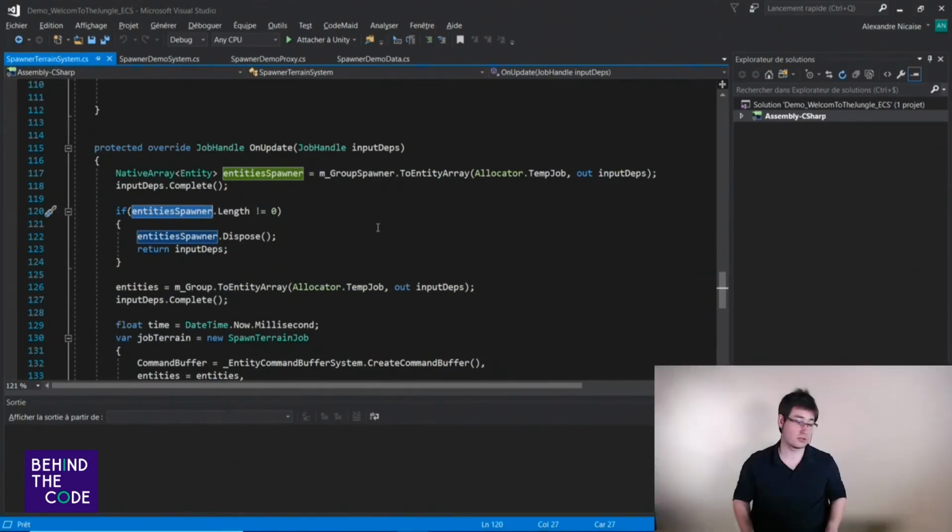So the next question, in the same way, is how do I access my component in my entity.